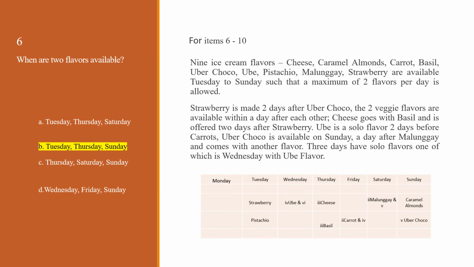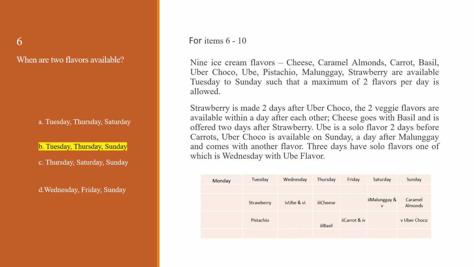Given that, we will have to tag carrot and malunggay as following each other. And then we also are given that cheese and basil are offered 2 days after strawberry. So cheese and basil will have to go together, so that's 2 flavors on a given day. And what else do we know? Ube is a solo flavor, so ube will be a single flavor given on a specific day, and that comes 2 days before carrots. Then what is fixed would be that Ube Choco is available on Sunday,